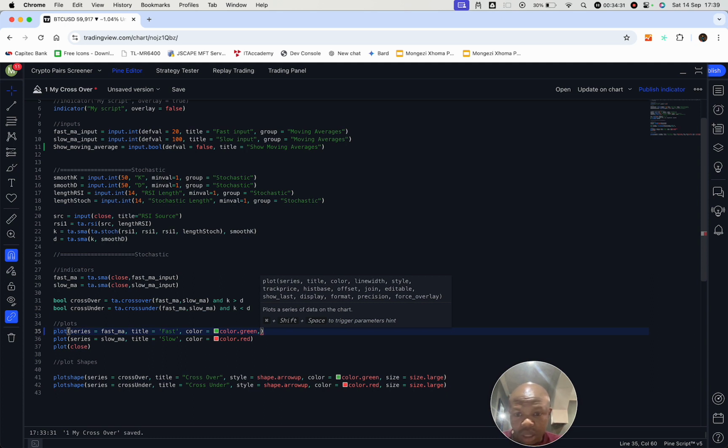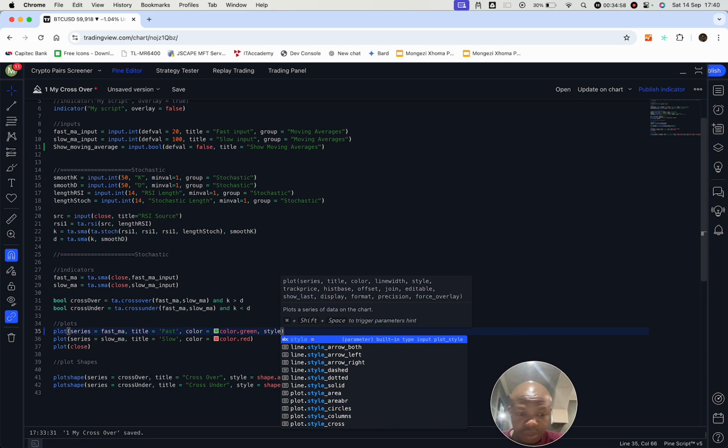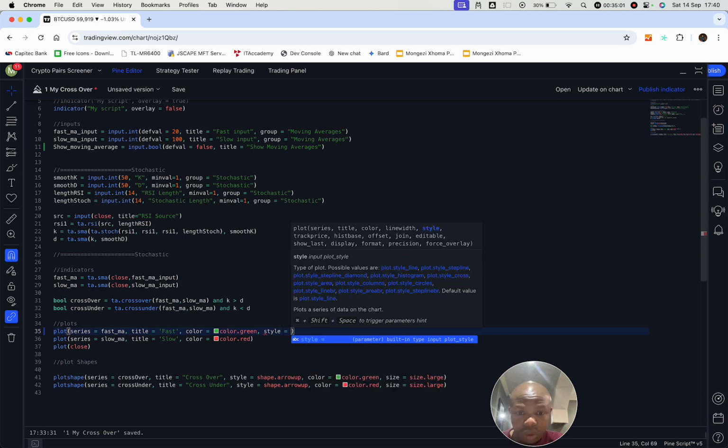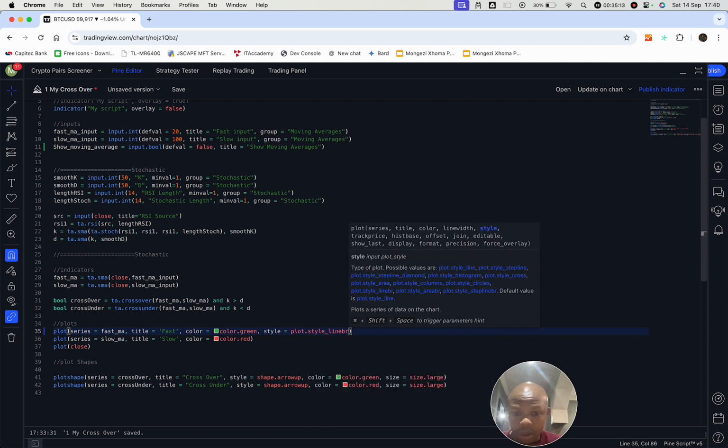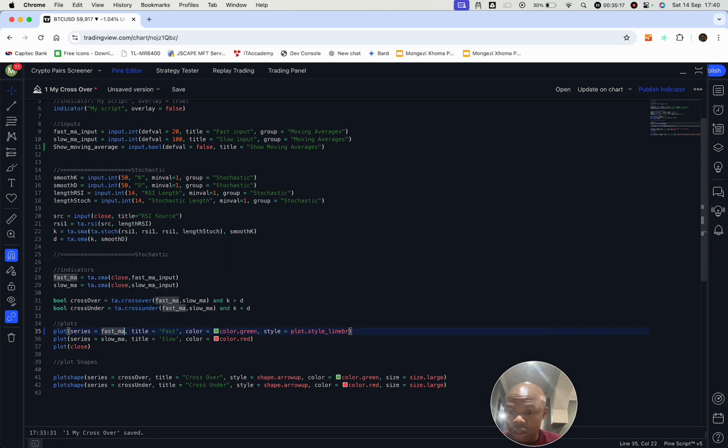Series title color line with style, track price. Okay, so I need to change the style. Plot dot and use that, right? And then change the fast moving average to